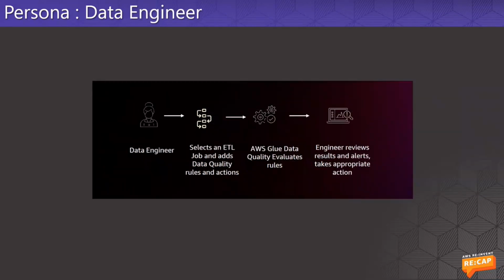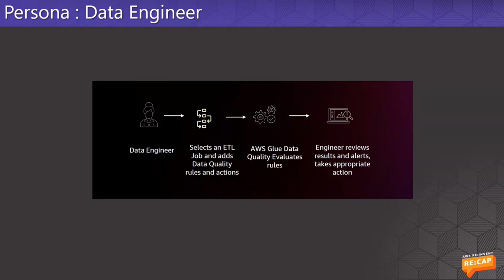The other view is for data in transit. Like I said, the data engineer may be responsible for moving or transforming data from one place to another. And as part of their ETL pipeline, they can add a data quality transformation using the DQDL rule set. And then when the job executes, when it reaches that particular step, the DQDL rule set is applied against the data set that is being processed by the pipeline, and the results are then made available at the end of that step,